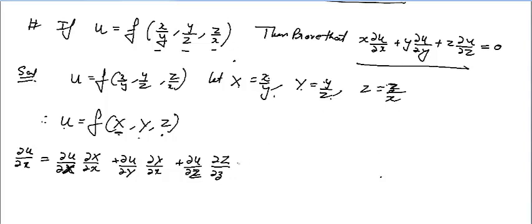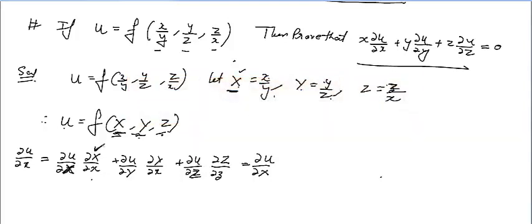Now this is the ∂u/∂x composition function. Earlier we had two variables, now we have three variables, so the same procedure applies. Taking ∂u/∂x as it is, the derivative of capital X with respect to x: 1 over y is constant, it stays outside, and the derivative of x is 1, so you will get 1 over y here.